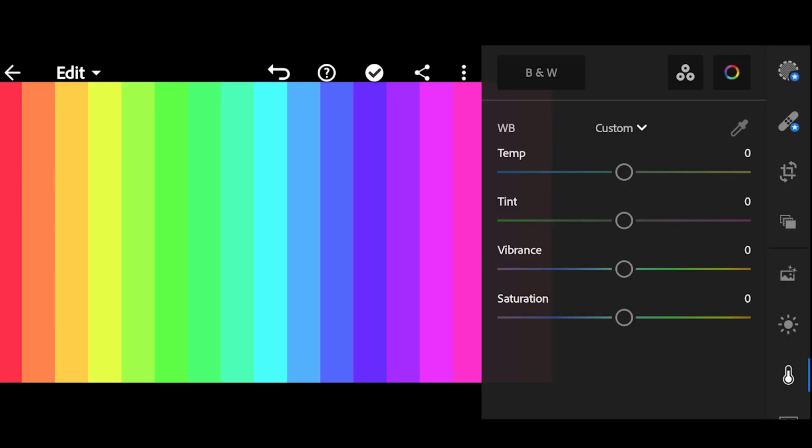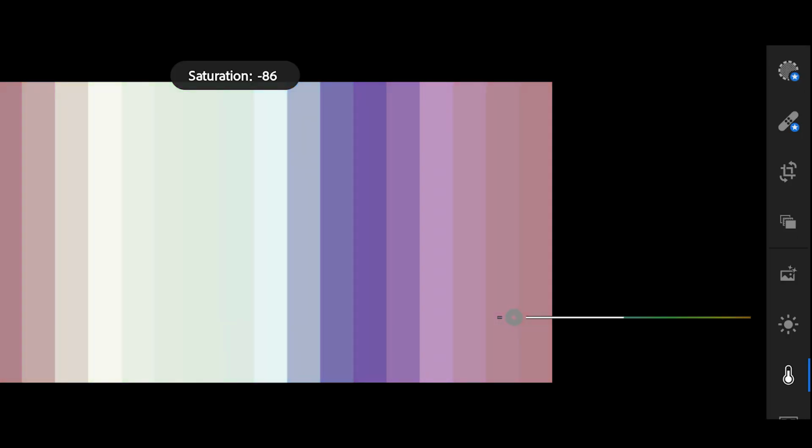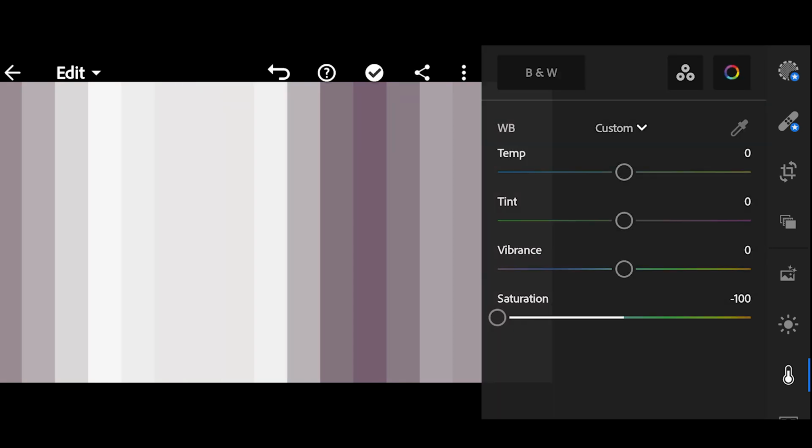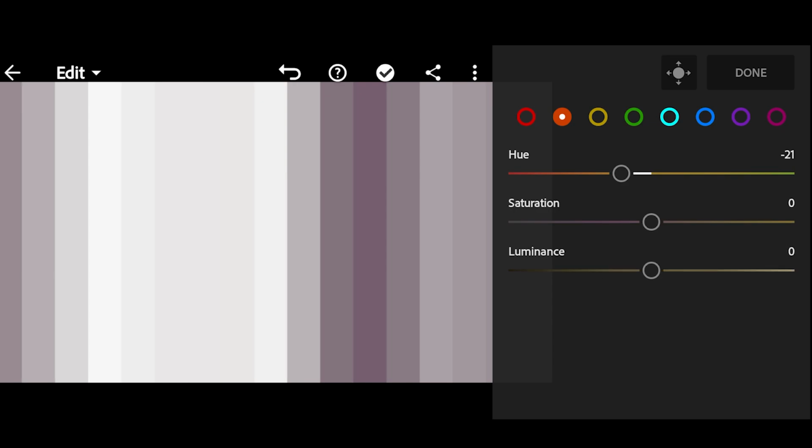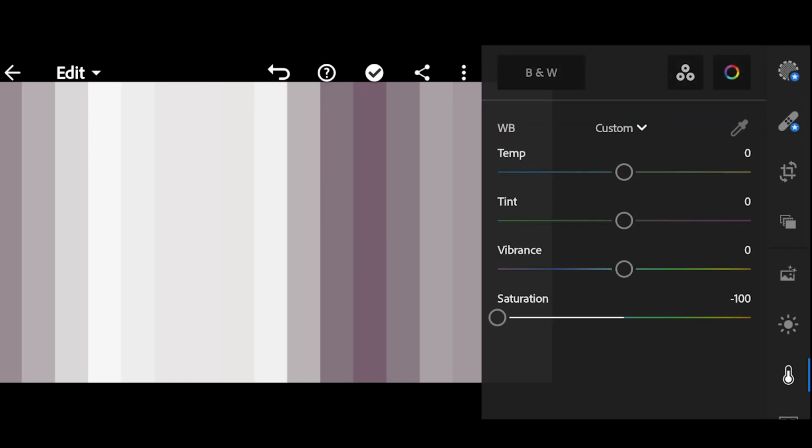Now to make any image black and white, we have two methods in the Lightroom. So one way of doing it is basically reducing the saturation slider to -100. And now we have a black and white image. But now all of these settings in the color tab won't have any effect on the image, because we have completely reduced the saturation and all these settings only affect the color of that part. And in the black and white image, we have only retained the brightness and not the color.